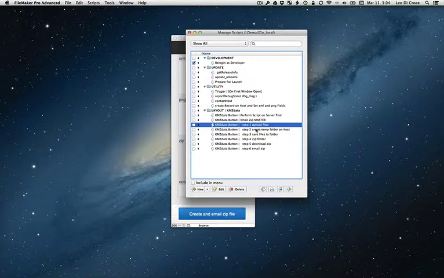It's self-explanatory what each script does. Step 1 uploads the file. Step 2 creates a temporary folder on the host. Step 3 saves the files to the folder. Step 4 zips the folder. Step 5 downloads the zip from the host to the iPad. And finally, step 6